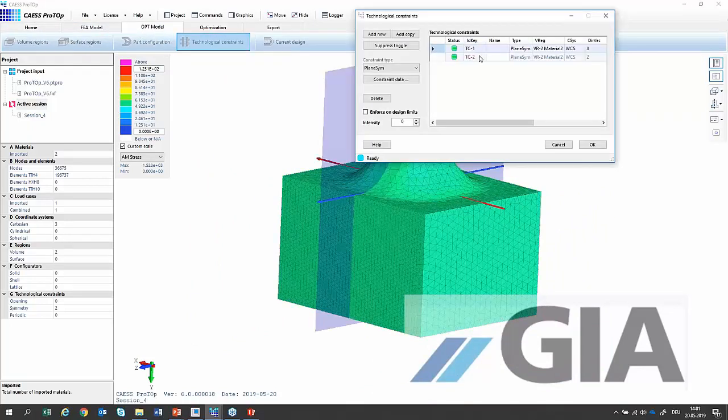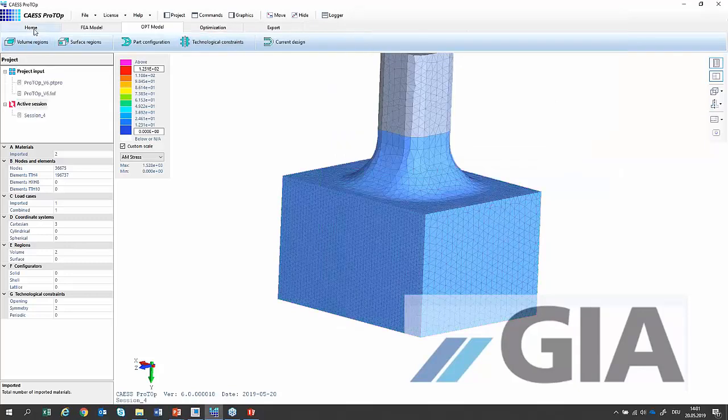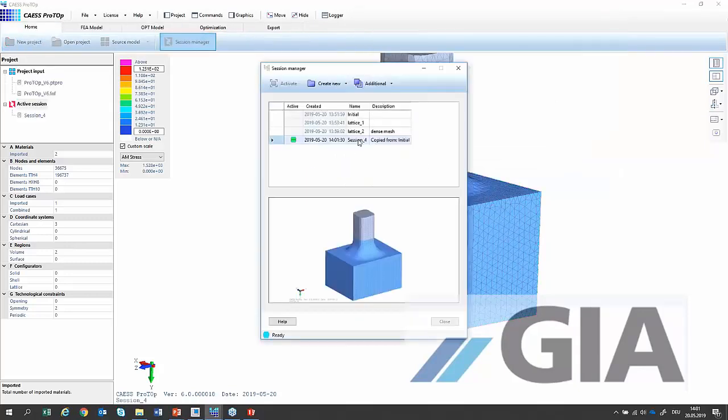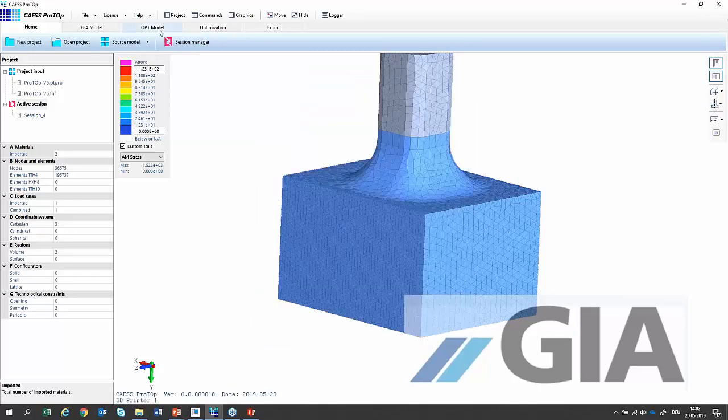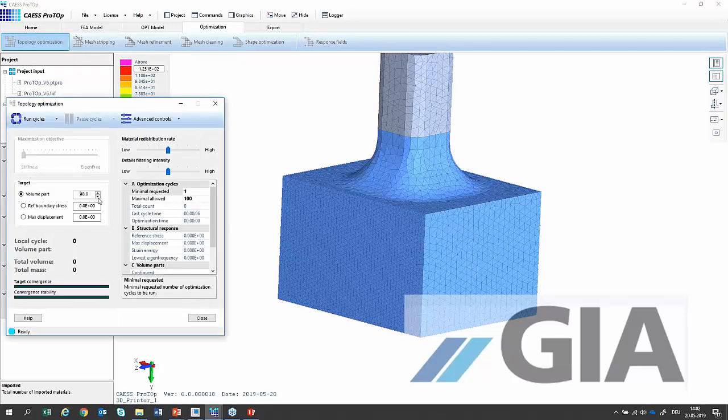with technological constraints in it, these two plane symmetry constraints, and I want to create a model here for the 3D printer. Therefore, maybe I call that one 3D printer 1, and maybe this is first the coarse mesh. Okay, and I'm going again for my topology optimization, and I rerun that, and the target should be maybe